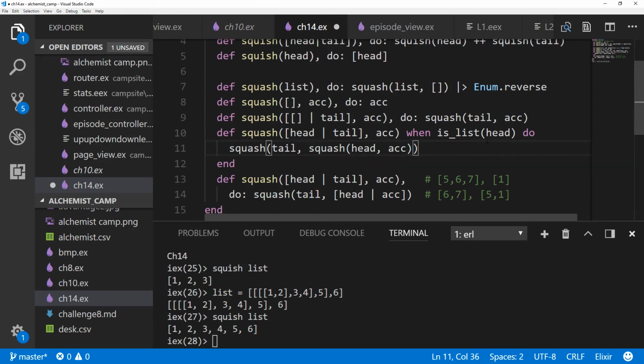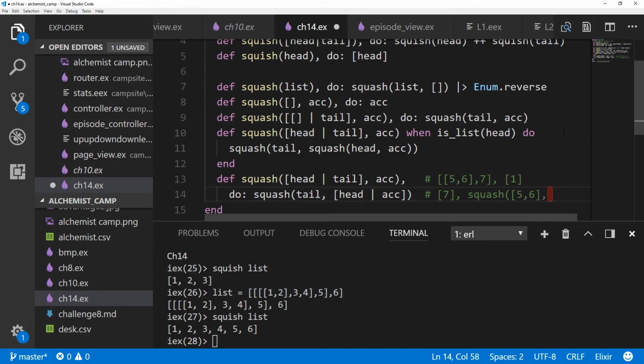So in this case, maybe our list was a list of 5 and 6, and then 7. Well, now the head is 5, 6, and the tail is just the list of 7. So we're going to squash the tail of 7, and then the accumulator gets the squash of the head, and the head is 5, 6,